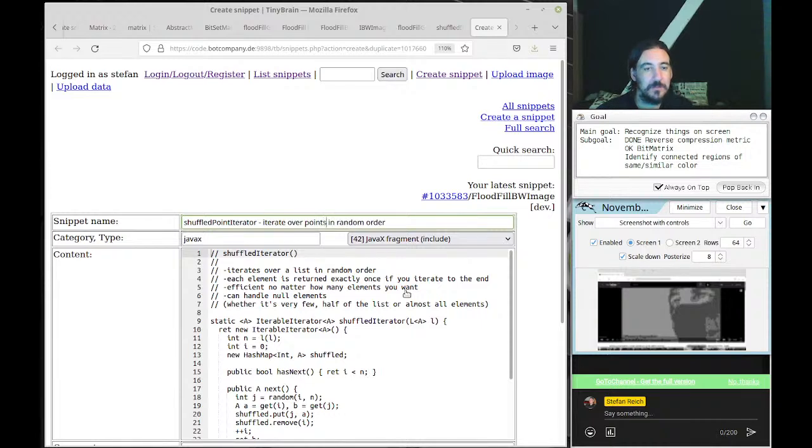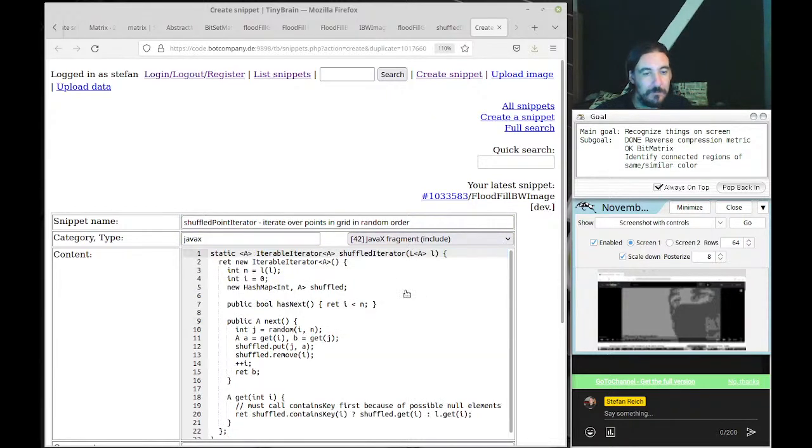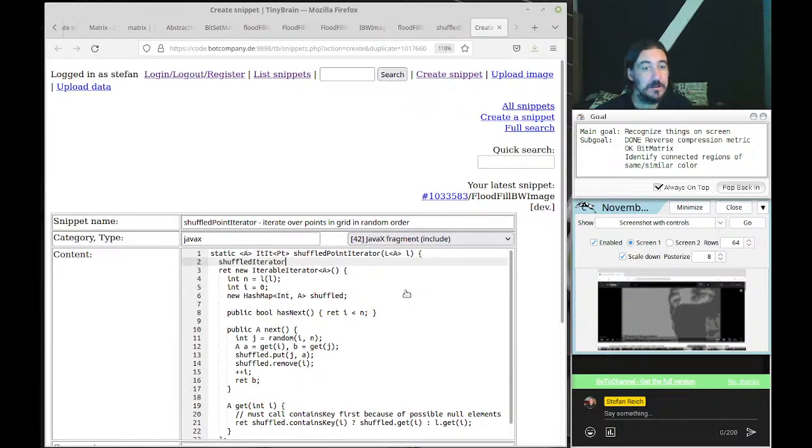Iterate over points in grid in random order. And it's simply a shuffle iterator over the virtual list of points in a grid with height and